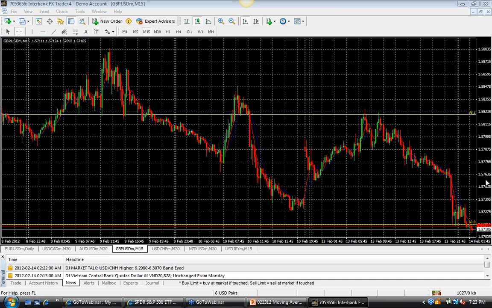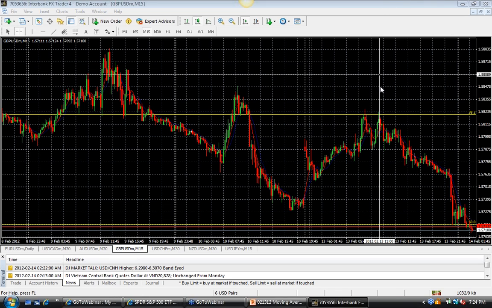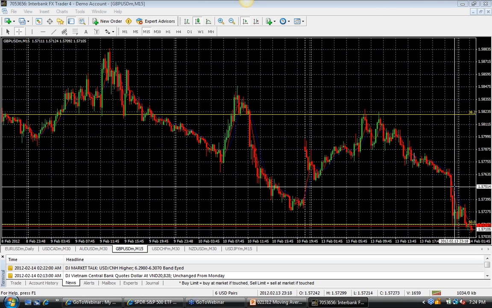Let's see, I'm just going to check back for questions. MA is a lagging indicator. Change the color from blue to green for a better view. Yeah, I can go ahead and change that, and I'll show you guys how to do that in just a moment. It's impossible to see the blue. Okay, so let's go ahead and do it. Let's change that color. I was noticing the same thing.